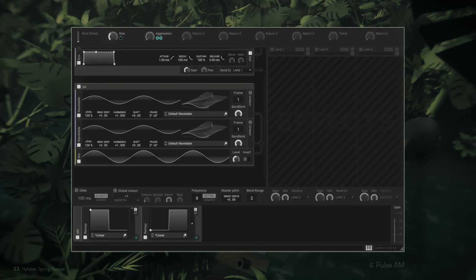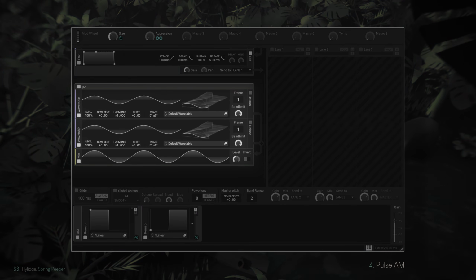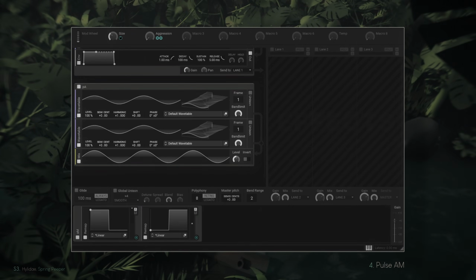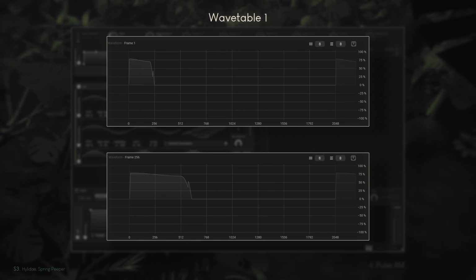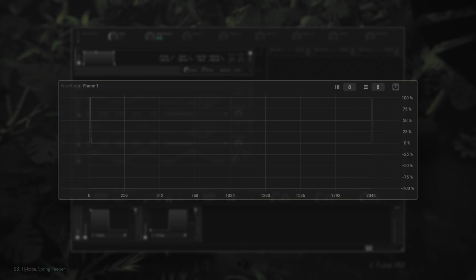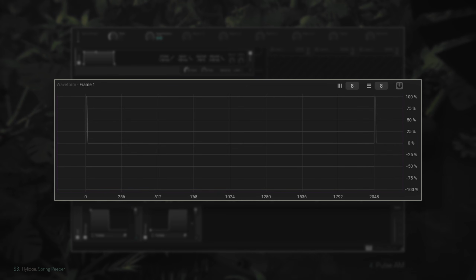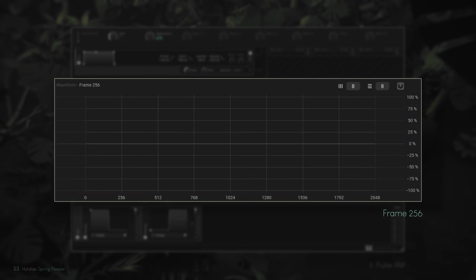For the pulse amplitude shapes, let's make a new group with 2 wavetables and a mix module. We will use the first wavetable to create the main pulse shape. We want to control the pulse width with the same method we used in the last patch, so here are the waveforms I've made at frame 1 and frame 256. And for the second wavetable, let's make a transient waveform that we will be able to mix into the main pulse shape. Here is the pulse shape I made for frame 1,